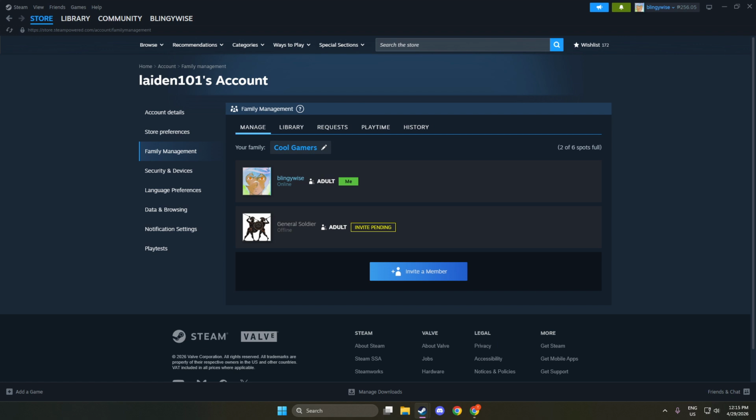That's all there is to it. Open Steam, go to Settings, click Family, select Create or Manage Family, and invite your friend or family member. Enjoy playing